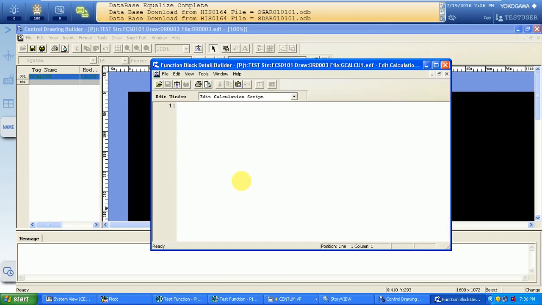After editing, we need to acquire data from the first switch, that is GS001.